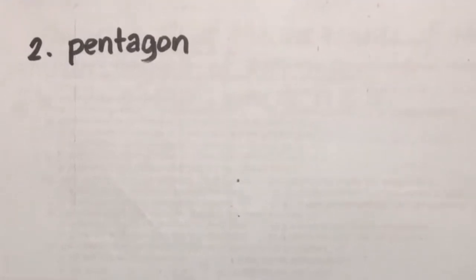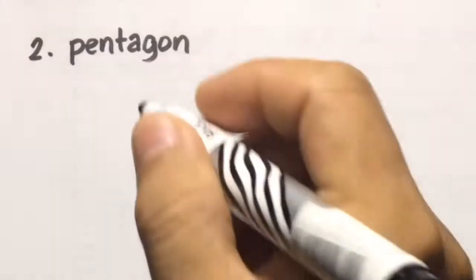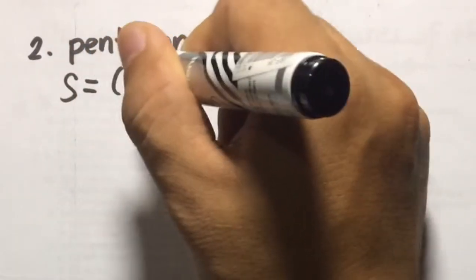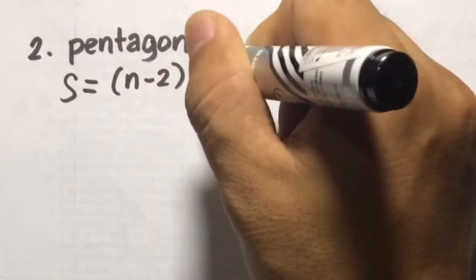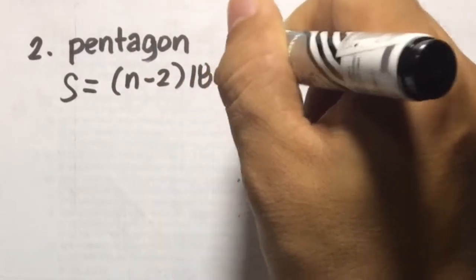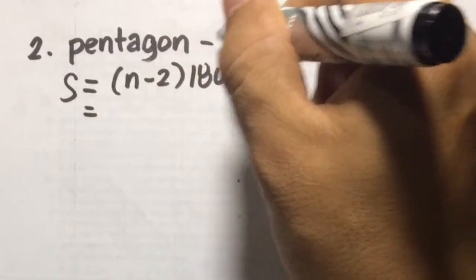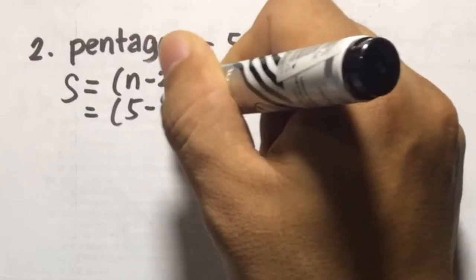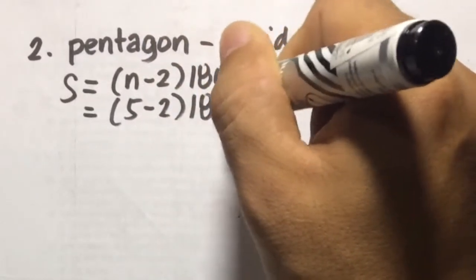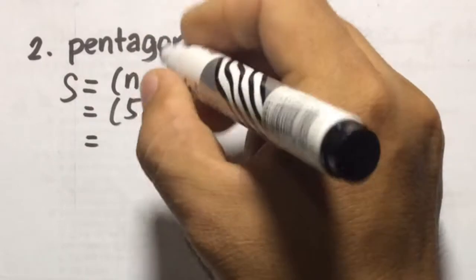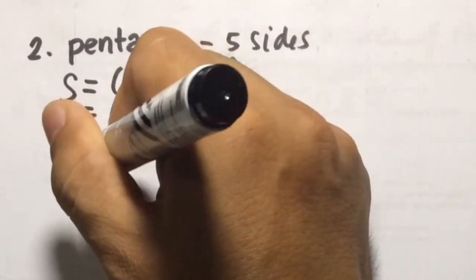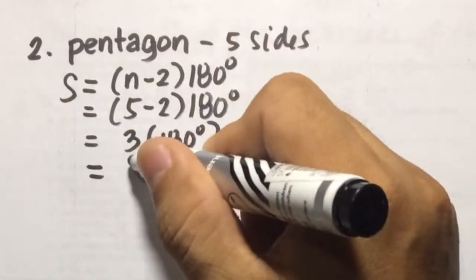Second example, find the sum of the measures of the interior angles of a pentagon. So the same as number 1, we're going to use the formula S equals the quantity of n minus 2 times 180 degrees. Now a pentagon has 5 sides, so we're going to have 5 minus 2 times 180 degrees. And 5 minus 2 is 3, then times 180 degrees, and the answer here will be 540